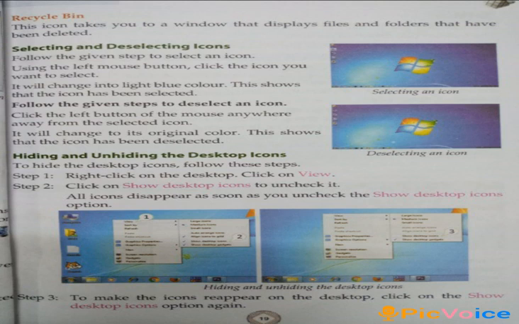All icons disappear as soon as you uncheck the Show Desktop Icons option. Step 3. To make the icons reappear on the desktop, click on the Show Desktop Icons option again.